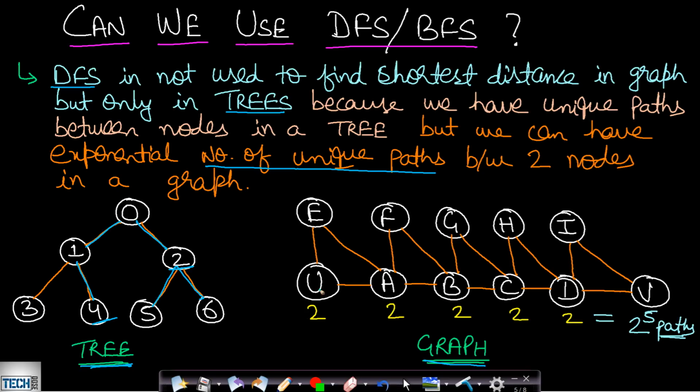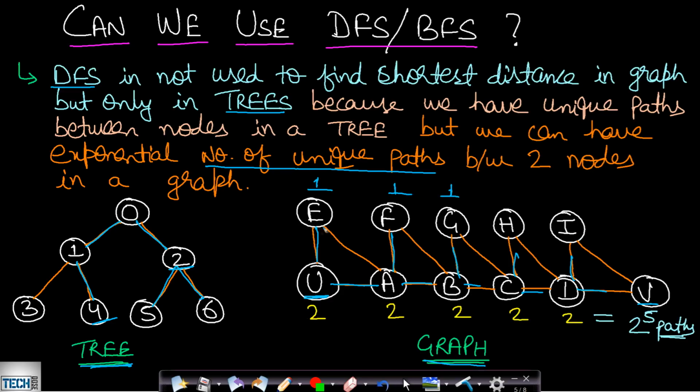Let us say this is our given graph and from U, you want to reach this V. Now what is the shortest distance to reach V from U? In this case, at U, you have two options of traversal, so you can go to E or A. At A again you have two options of traversal, at B again two options, and like this at C and D you have two options. So from U to V, how many options do you have? Actually the top nodes only have single options.